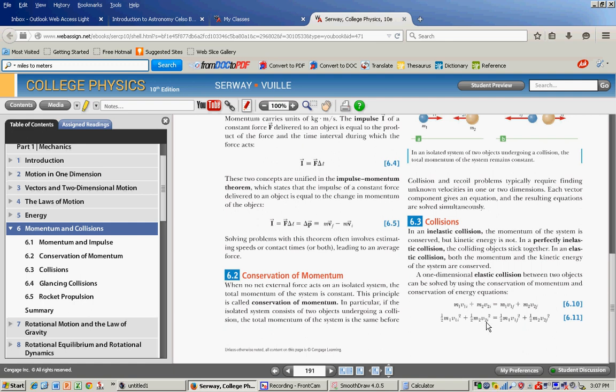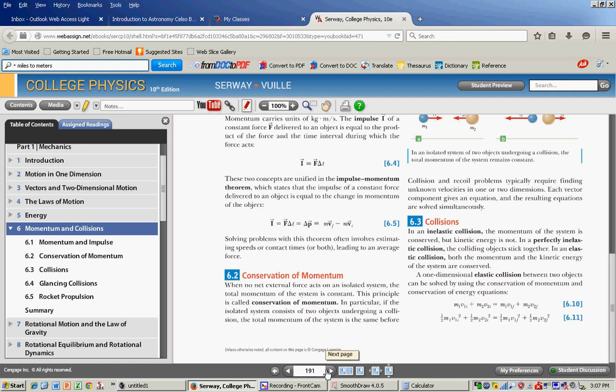It's equal to half the mass of the first object times its velocity after collision squared, because they separate, plus half of the second object times its speed squared. So those two quantities are the same, but you can